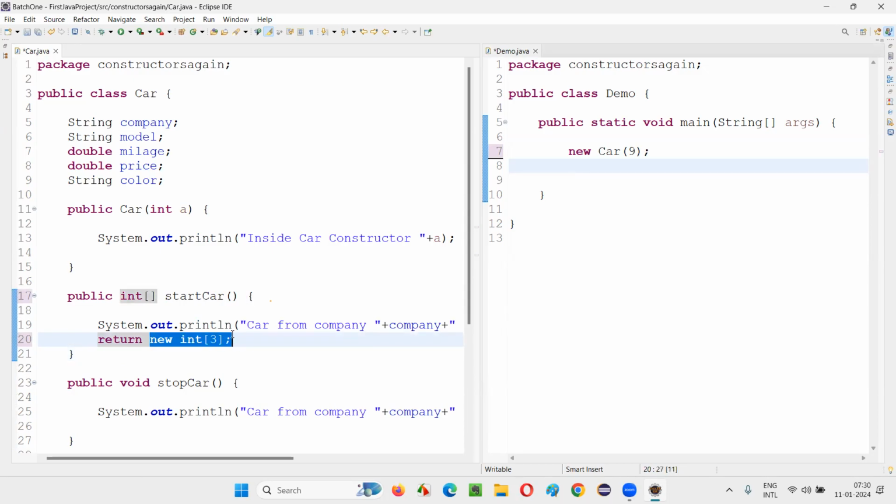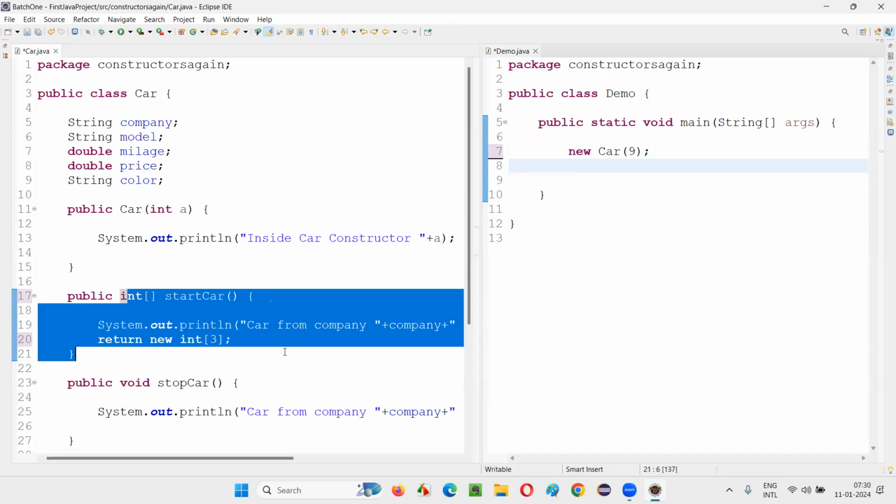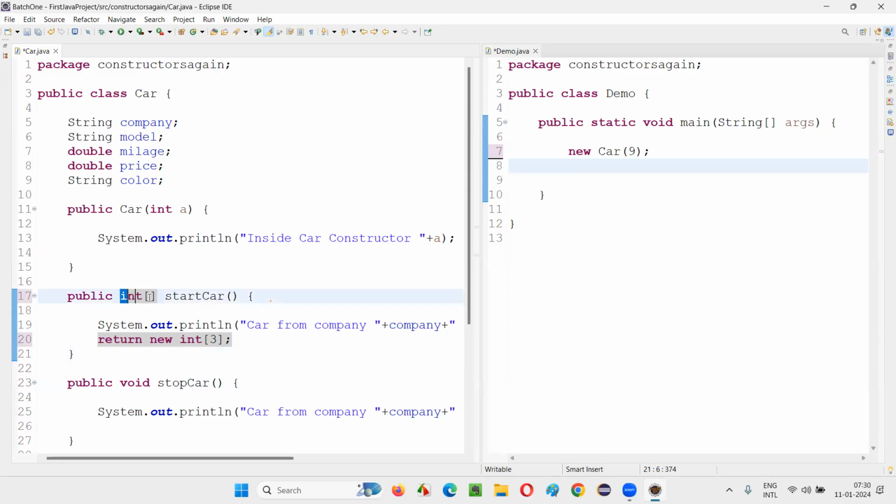Why are you doing all this stuff? I think this is not the right time because arrays are not covered yet. And the other thing is that here we are not returning a value, we are returning an object. We are returning an object to the method that is calling this particular method. We can also return objects. It can be an integer object, it can be a string object, it can be any object.